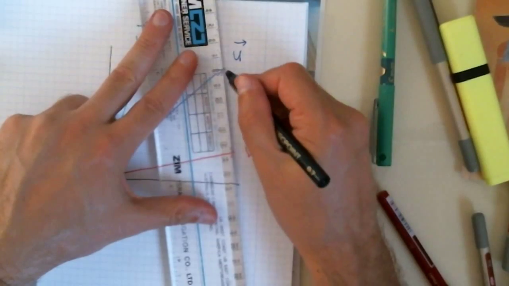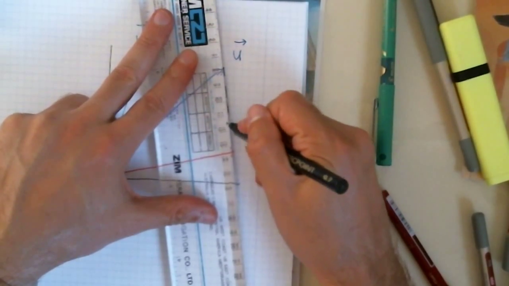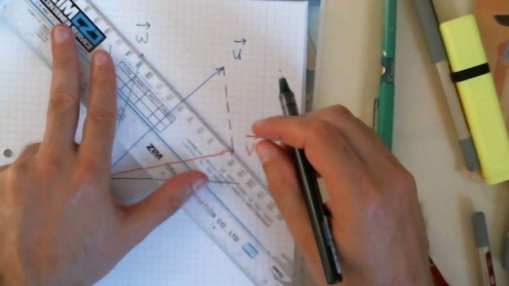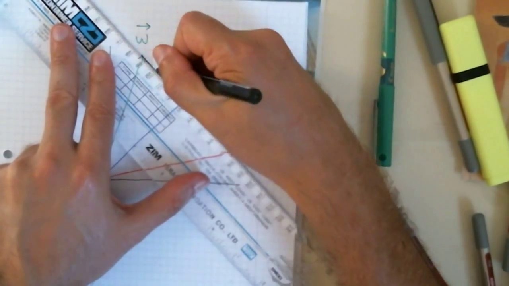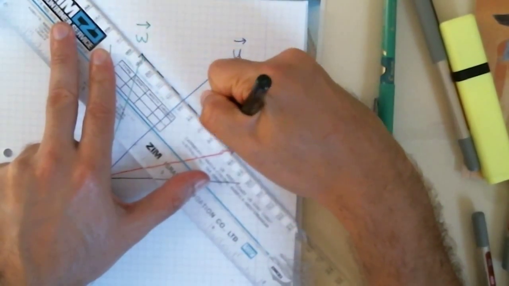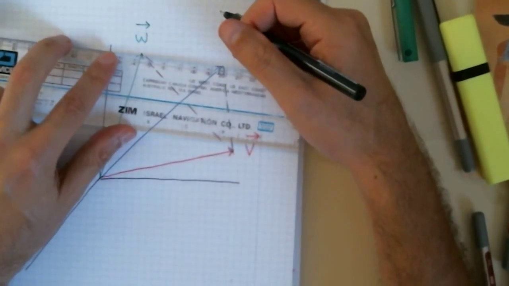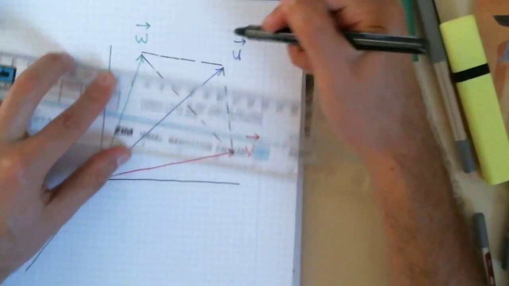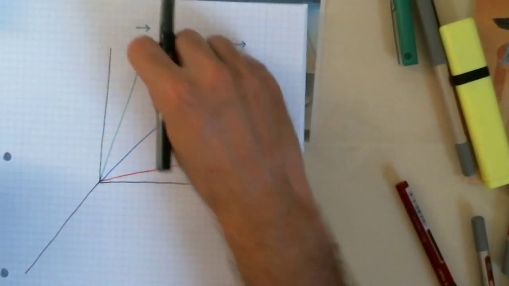I'm just drawing this with the ruler so it doesn't come out terrible. So this triangle,